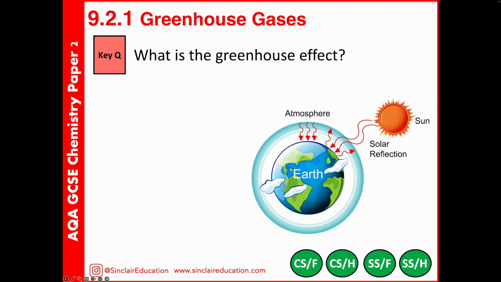These greenhouse gases contribute towards the greenhouse effect. Now, we do need some greenhouse gas in our atmosphere to maintain temperatures that are suitable for life on Earth. If we didn't have any greenhouse gases, Earth would be too cold for survival. The issue we've got though is that we now have too much greenhouse gas in our atmosphere, and it's warming the Earth up too much. Now it's this awkward thing where biology, chemistry and physics all start to overlap.